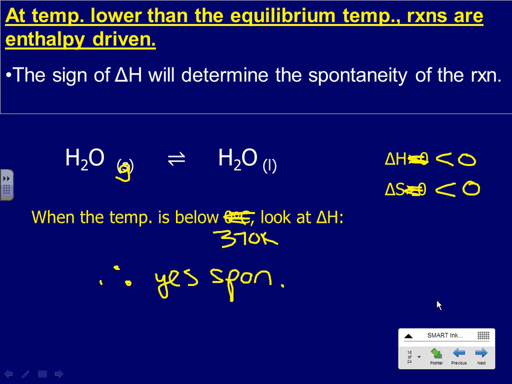If we did have a temperature below 370 and we did want to stick it in this equation, then this would become small and my delta G would become the same sign as this, and it would be negative in this case. So we would get a negative delta G. And remember, negative delta G's are spontaneous. So this makes this spontaneous. Okay? For the flip side,